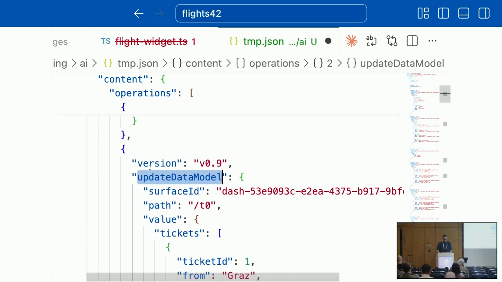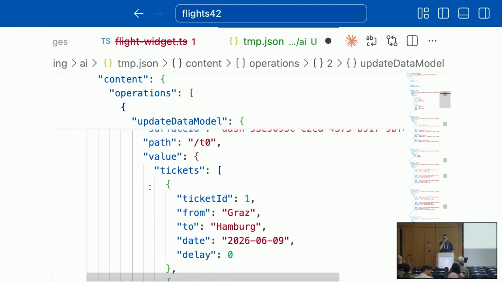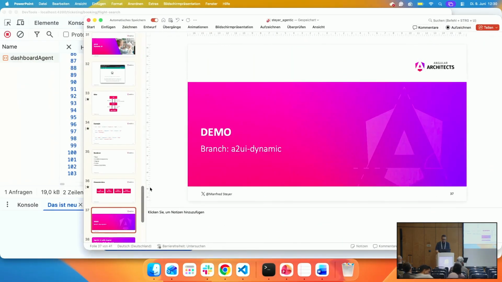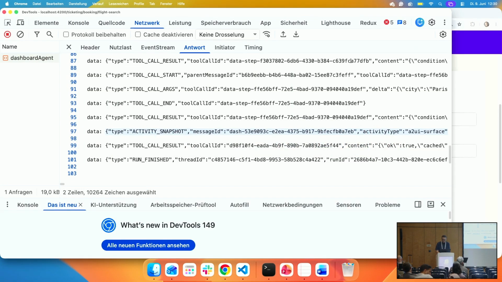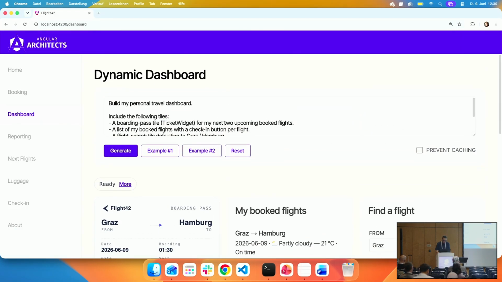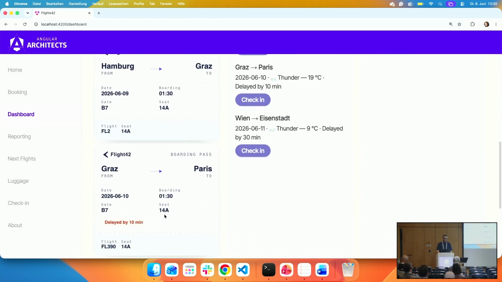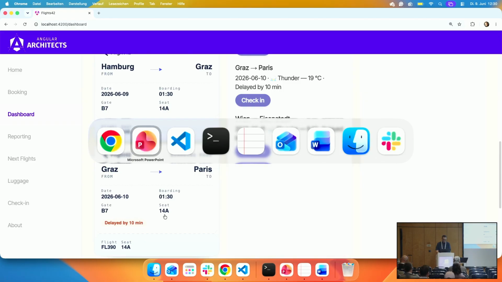So later, when the tickets are changing, we just have to send down an update data model with the changed flight, and that's it. So this is where both standards come together. And to show you that this is dynamic, for my next 3 upcoming flights, bang, 1, 2, 3, now it has been extended.